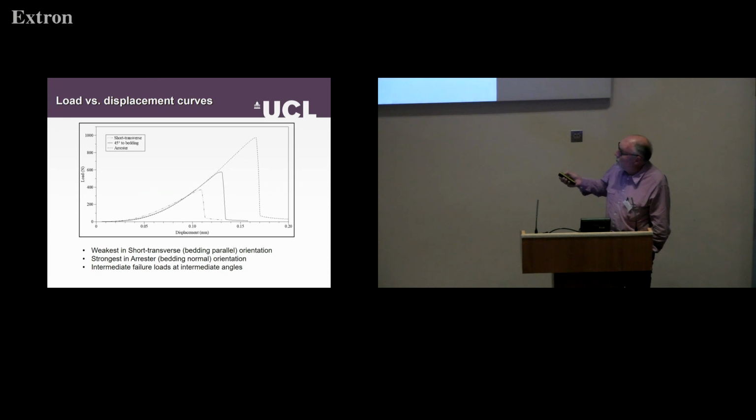It fails at the lowest load, and the arrestor orientation is the strongest, and at intermediate angles we get intermediate failure loads. And then we do the calculation to calculate the fracture toughness of the material,